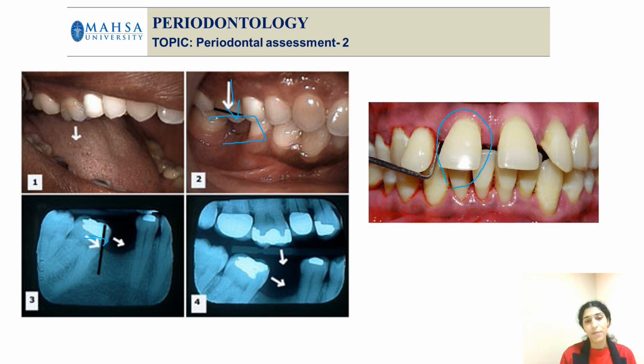One is the supra-eruption, where the marginal or proximal contact will be lost over here, and this other tooth will also be drifting over here. So these points have to be kept in mind whenever we are examining patients with a localized inflammation, localized pockets, or localized areas of food impaction. So try to examine the hard tissue properly, looking at the contacts, drifting, migration, and missing teeth, and put together all the findings in order to conclude what exactly is the problem there.